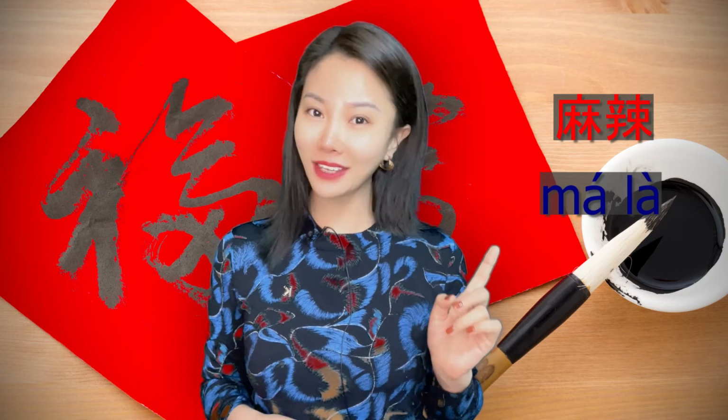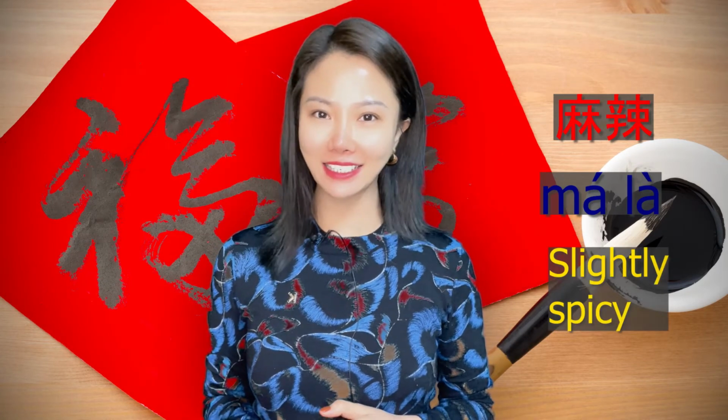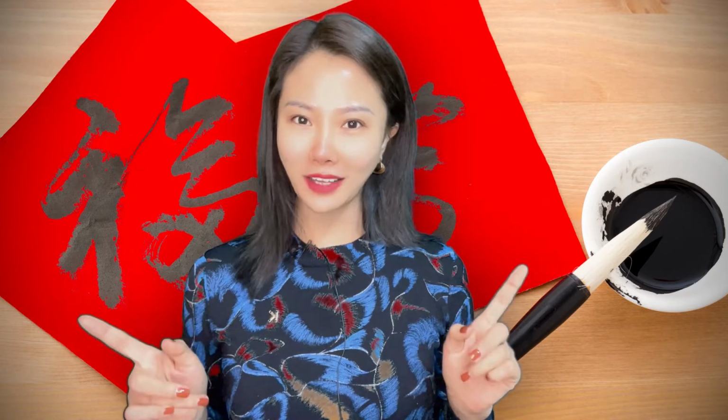For Chinese food, there are a lot of different spicy foods, and the most popular type is called 麻辣. So 麻辣 means slightly spicy. 中辣 medium spicy. 重辣 heavy spicy. You may be thinking, why do medium spicy and heavy spicy sound similar? Here is the difference. Medium spicy is the first one, and the heavy spicy is the fourth one. So which spicy level can you eat?